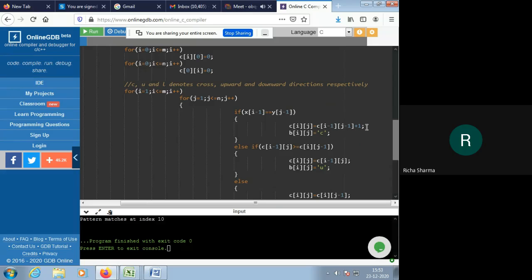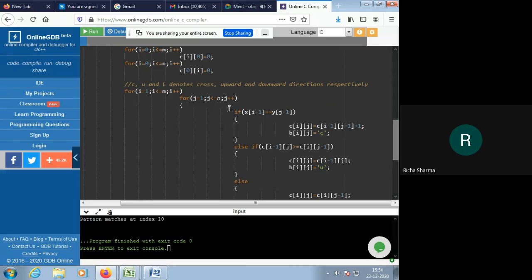That is, we are incrementing the upper diagonal element by 1 and putting that value at this particular location c of ij. In the theory, I mentioned that in the next matrix b of ij, we put a diagonal arrow there, but here we are using the symbol C. So this was the case where the characters of both the strings match with each other.